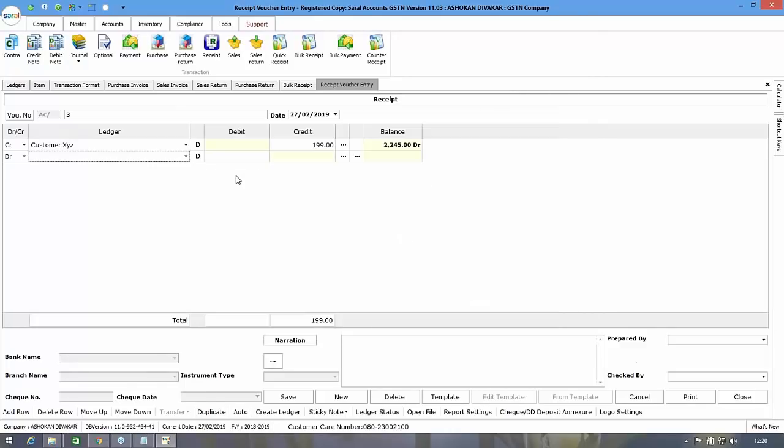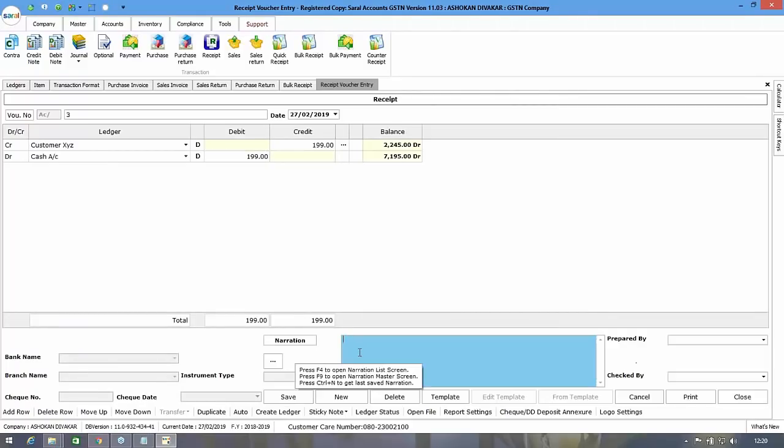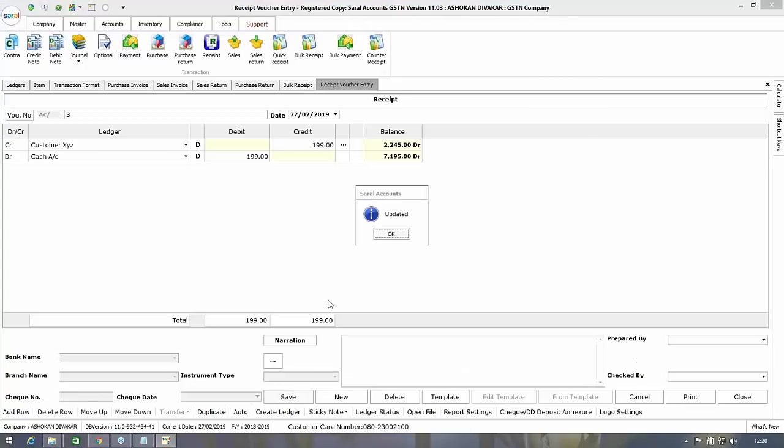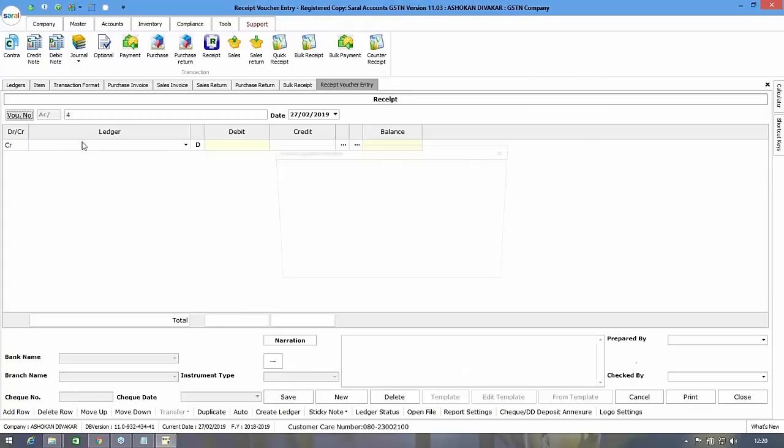Then here cash or bank. Then narration, see here you can create a narration master also, previous narration also you can load, all the things are available. Then save it, and you can create templates also. By clicking this template button, you can create a voucher template, and you can generate vouchers by using templates. Then print voucher,